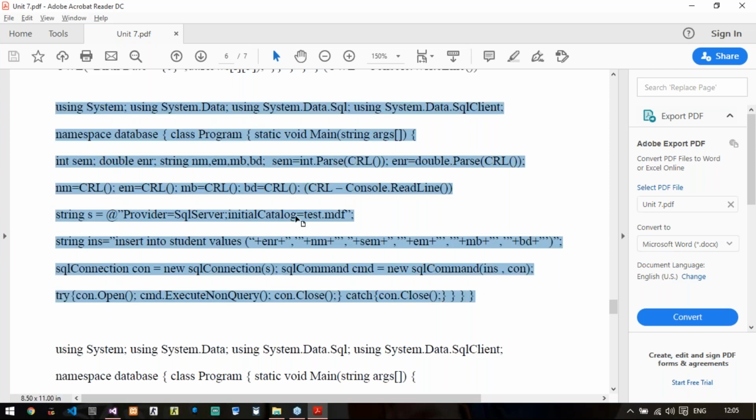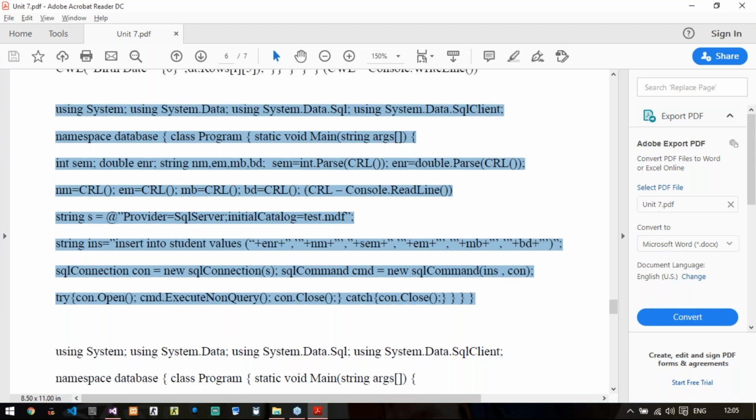So is it clear? I can move on with the update code now. So I will move on with the update part. The question is: write a console based application to update the semester of all the students to 6 whose name is Raj.